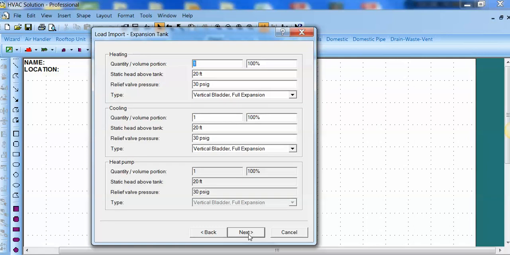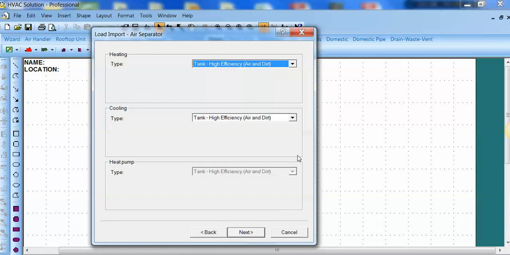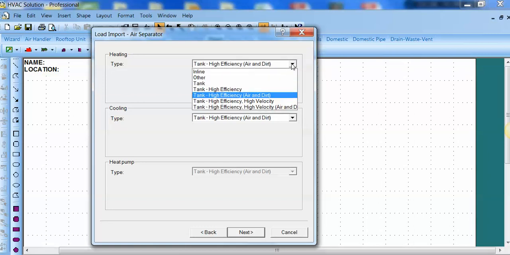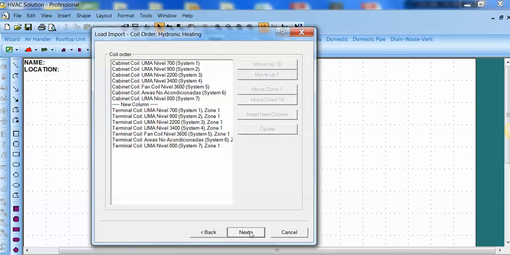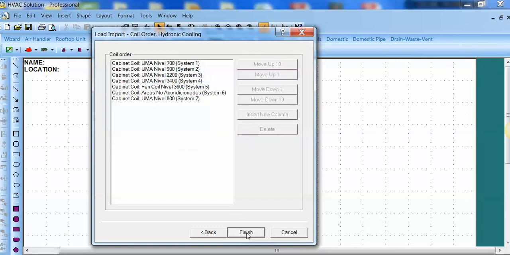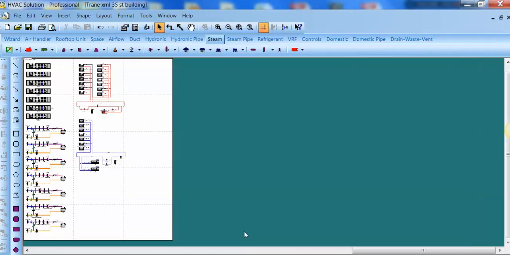Miscellaneous valves, heating, cooling, heat pump options, expansion tank options. You can change the order of the coils and the air handlers. And we're going to finish. And again, remember, this took 4 weeks to get to this point using traditional design methods. When I push finish, the software takes all that data